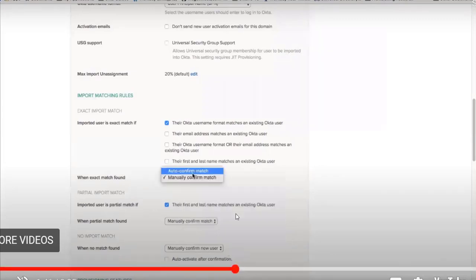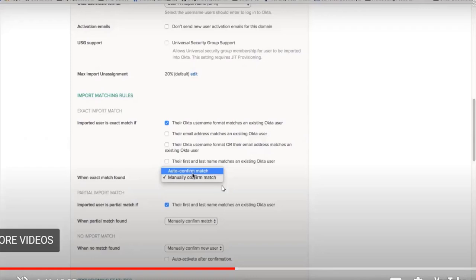There is another option, manually confirm match, and auto-confirm match. Manually confirm match means your account will not be imported until and unless some admin goes and confirms your account, saying that both the accounts are the same, so we are going to merge it.